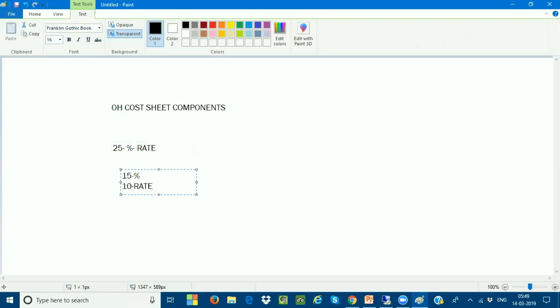So what do I have to do here? I need to prepare the cost sheet only for the 15 components. The cost sheet is completely different; the cost component structure is very, very important for us. Now I need to create the cost sheet with the 15 components with a fixed percentage rate.